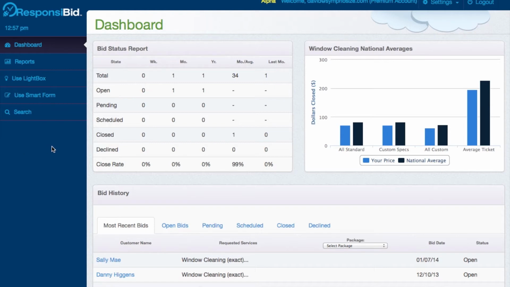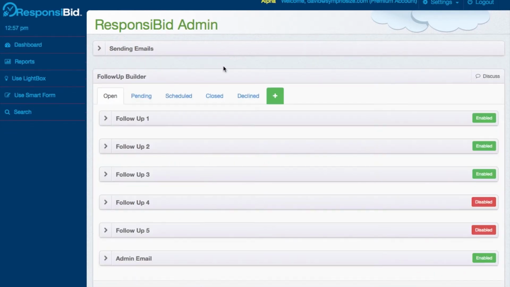Just give you a quick whirlwind tour of all the new stuff that you will find in your new application. So the first thing, probably one of the biggest things, is the new follow-up builder. When you go into your new follow-up builder, you're going to find out that there is a lot of new